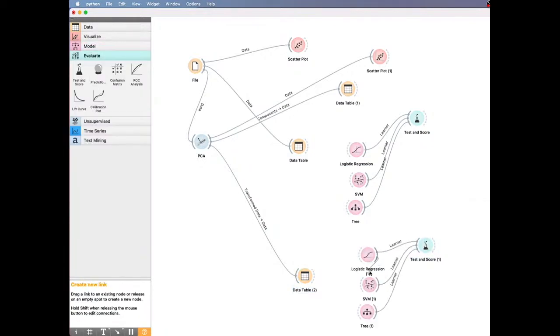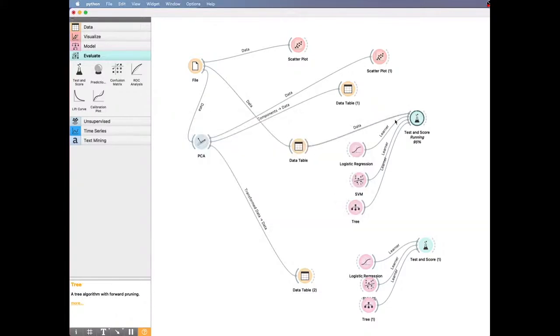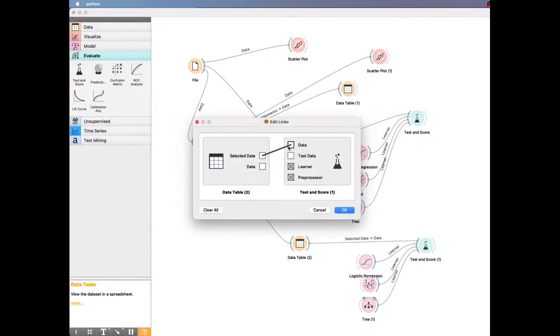Okay, the upper one uses the original data, which has 4 dimensions, right? So we use the original data with 4 dimensions to do such an experiment. The other one, the bottom one, we use the PCA data, which has only 2 dimensions, right? 2 dimensions.